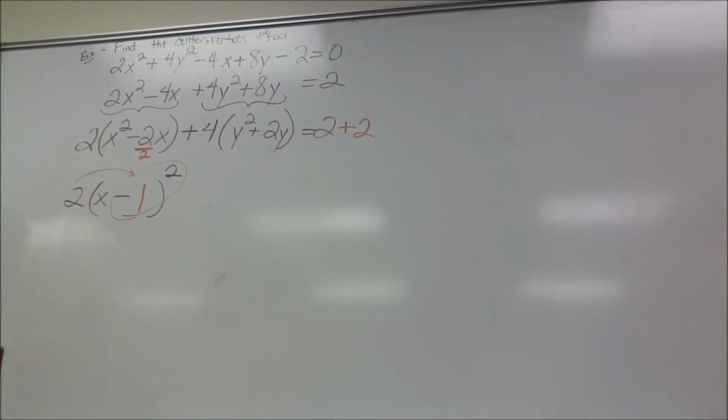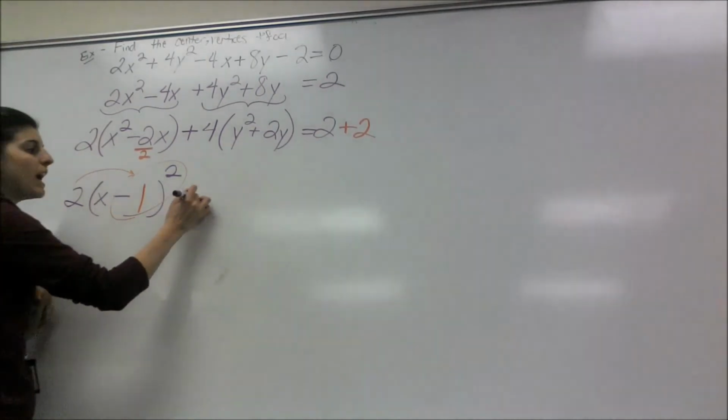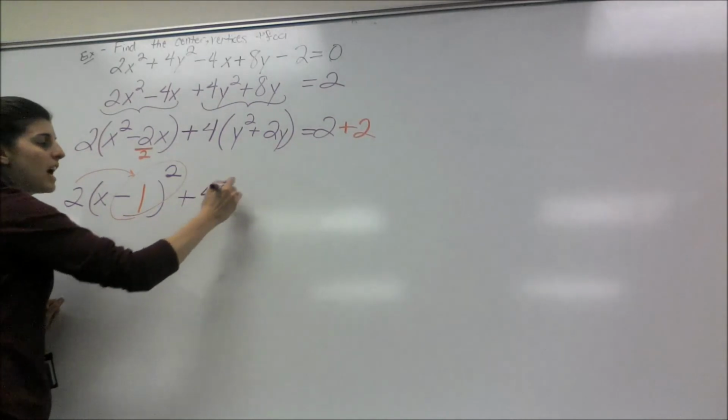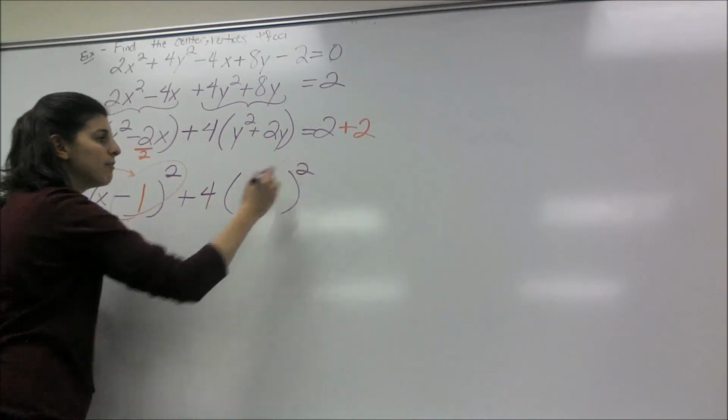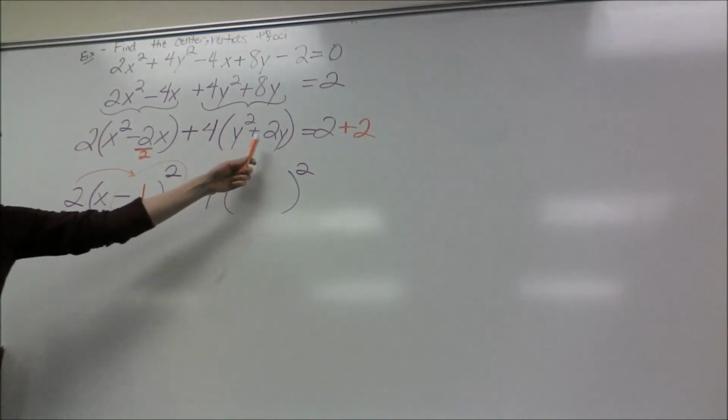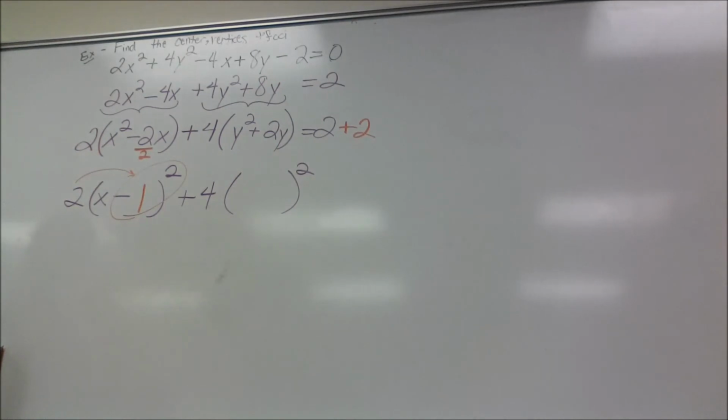That's a huge difference from completing the square before, because if you forget to multiply by that number in front, A, you're going to come up with the wrong answers, and B, sometimes it won't even work. Okay, so plus 4 times